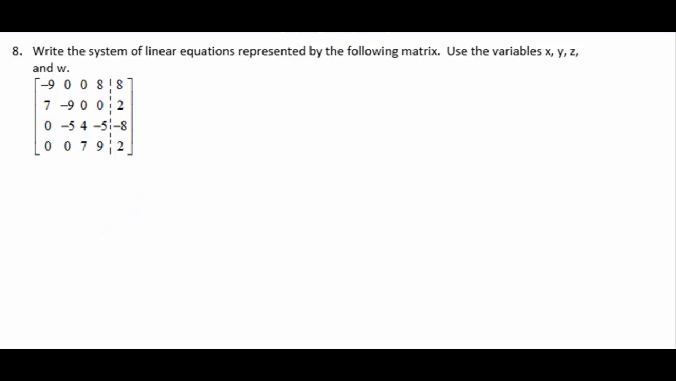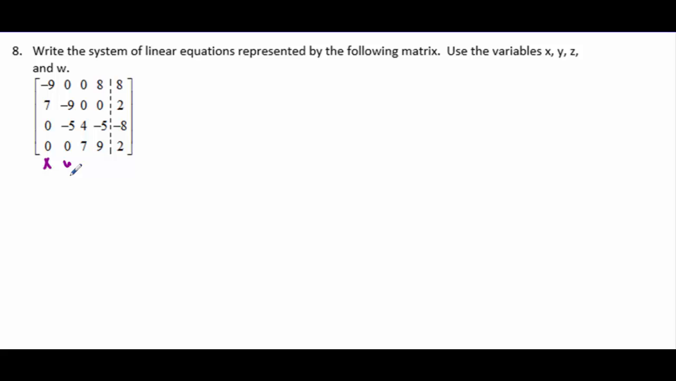This is probably going to seem like a weird problem because in class we did a day where we basically took systems and changed them into matrices, and now this is asking us to take a matrix and write it as a system. It says to use x, y, z, and w, and this is also going to seem weird, but I guess when people started doing this and they decided to use x and y for whatever reason,